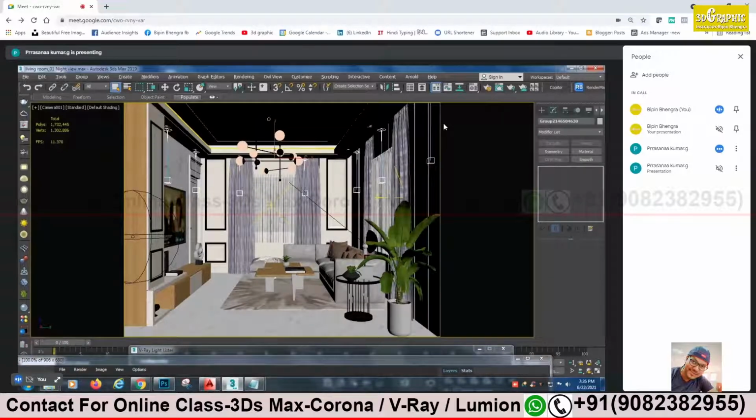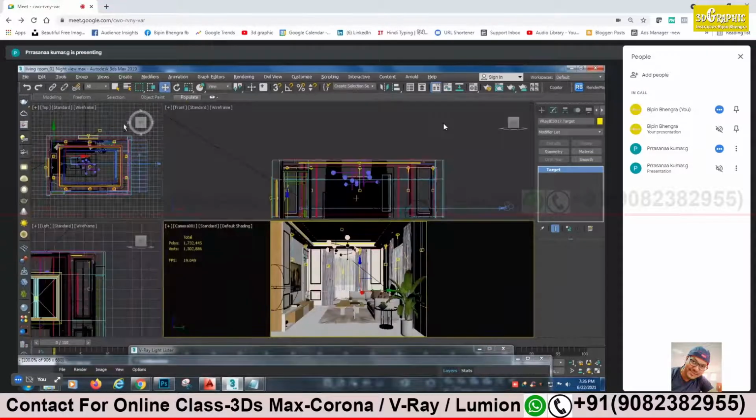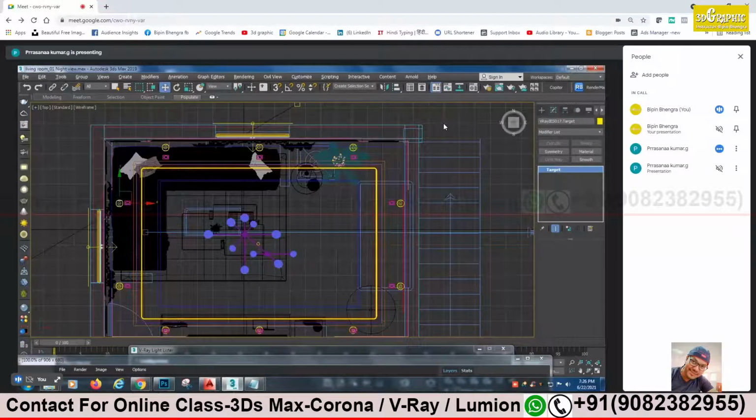What you should do is, the target there, there's a little square box at the bottom. Drag it on top of the sofa. I want the light to focus on the sofa. Go to top view, just to confirm it is on top of the sofa. Then drag it out on the x-axis. Yes, a little bit more. Enough. Now that will focus on the sofa.